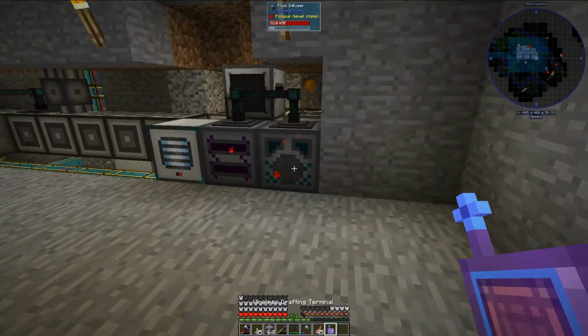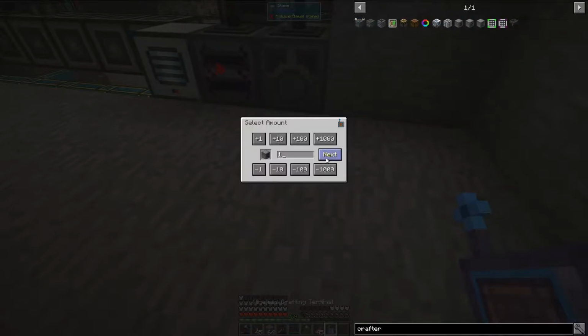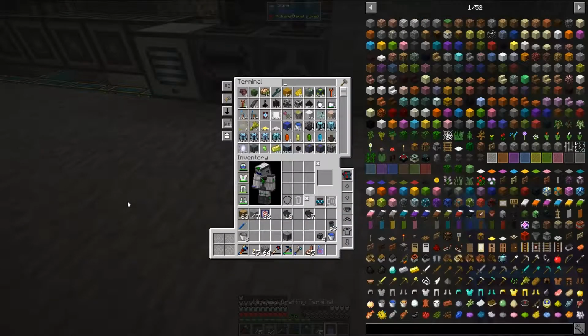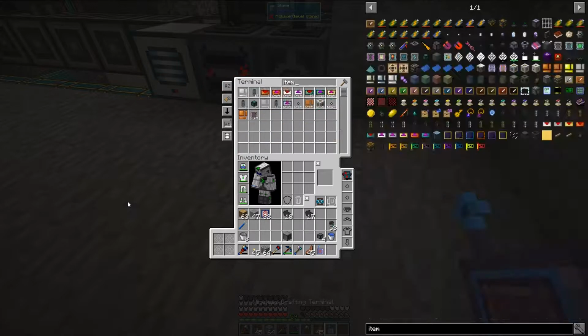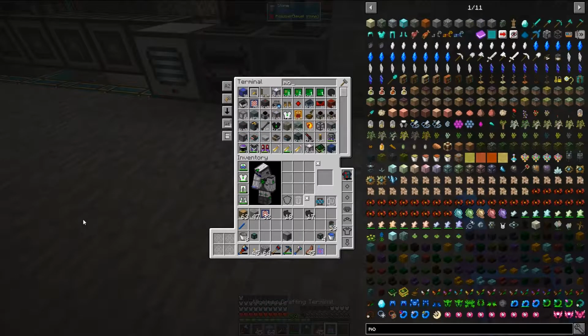We will need to send this thorium to a crafter. And the crafter tier 1 from RF Tools works great, so that's what we're going to use. I'm going to grab some more item conduit. So let's do that. I do have more flux duct, and let's grab some modular storage because we need a